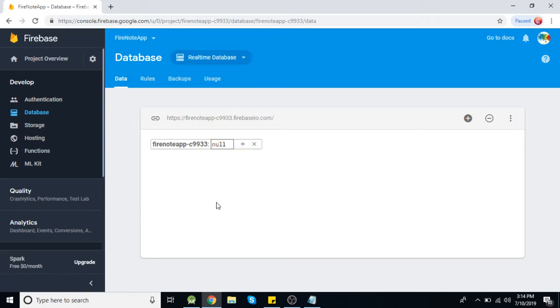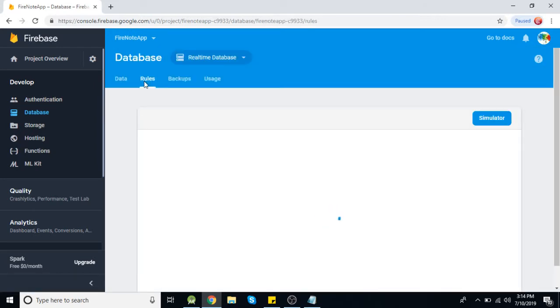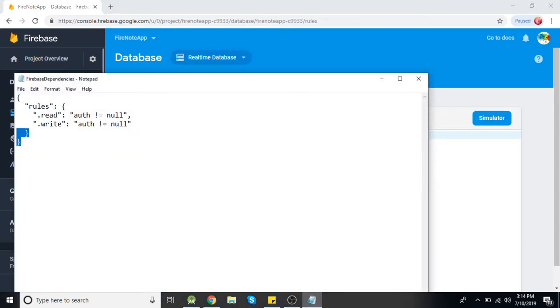Okay, then there is this second tab. Here you can configure your security rules. Now the default ones are false. False means any user can read or write to your database, but if you want to add some restriction, then we can use rules like this.